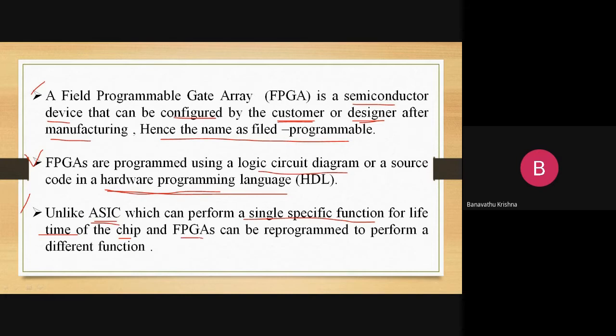Whereas FPGAs can be reprogrammed to perform different functions. It is going to be remodified; there is a possibility of modification. That modification is done by using a programming language for the different functions. Different functions means different ideas or different tasks decided by the users. According to the users' ideas and tasks, it is reprogrammable, right? This is the basic advantage of FPGA compared to ASIC, right?